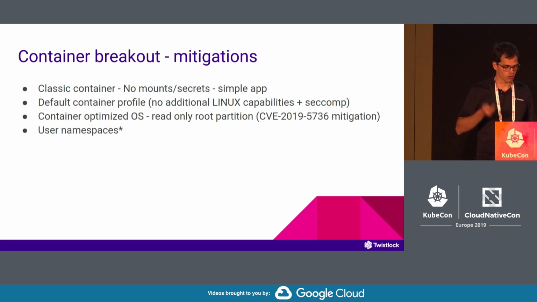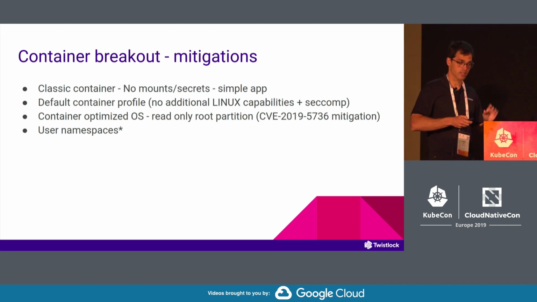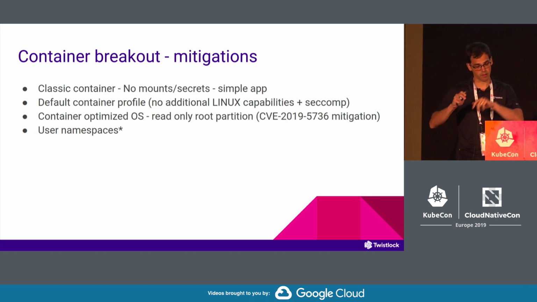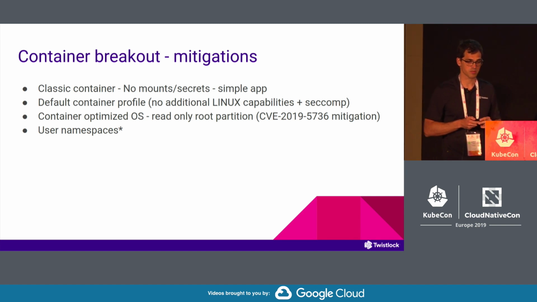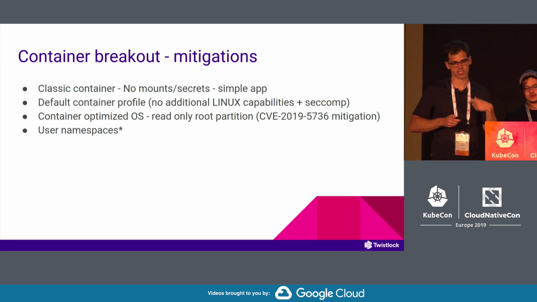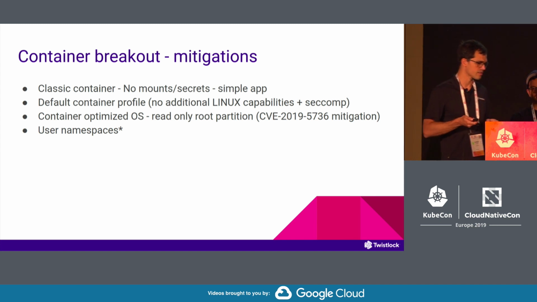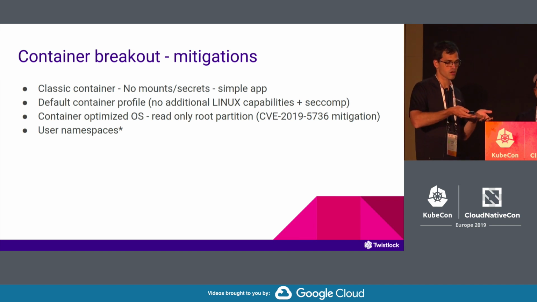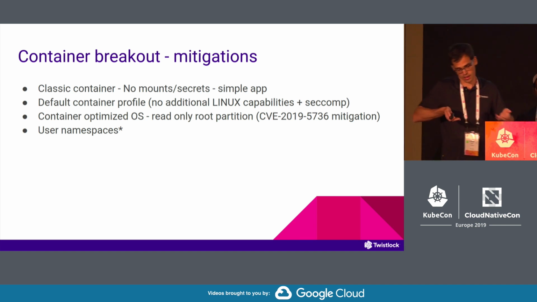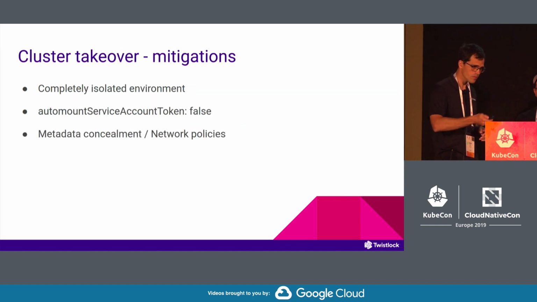And this is very, very cool because it automatically mitigates some of the vulnerabilities that exist but were patched in containers. Finally, something that we didn't do, but you will probably want to do if you give users root access, is to use user namespaces. It's a little tricky to configure, but what it technically means is that users inside your container that are root are mapped to a regular user on the host, so they are weakened and your container is hardened.